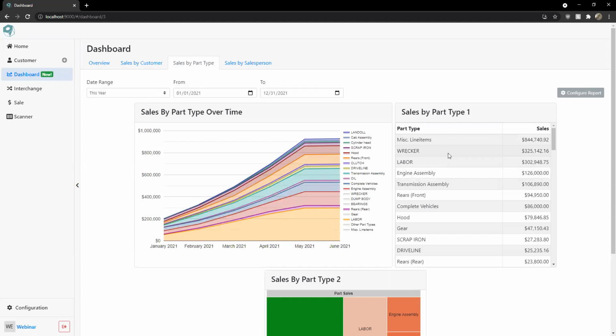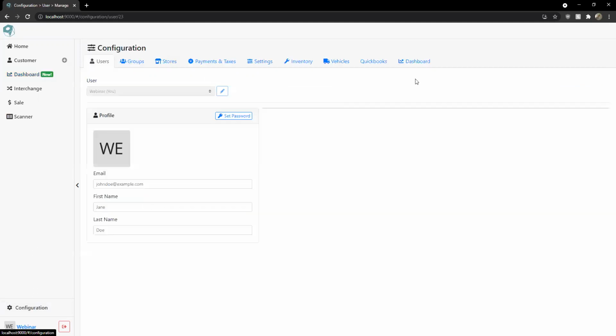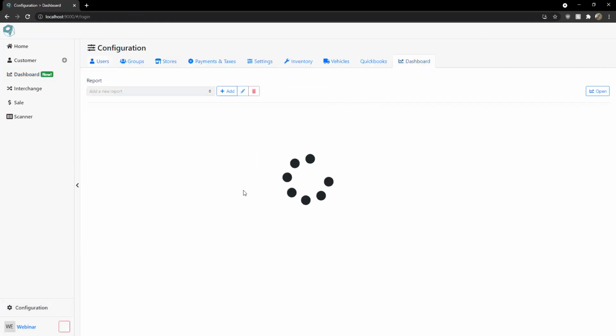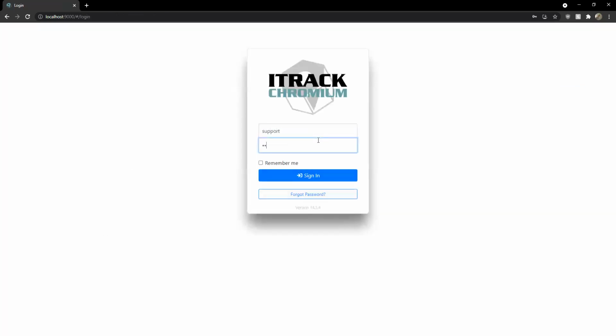But yeah, that is basically the 2 new features that are just on the dashboard screen. If we want to go into how to configure our dashboards though, we can see that there's this configure report button that is grayed out, because I do not have permission. And so same with over here. But if I log out and log in as a user that does have the permission,